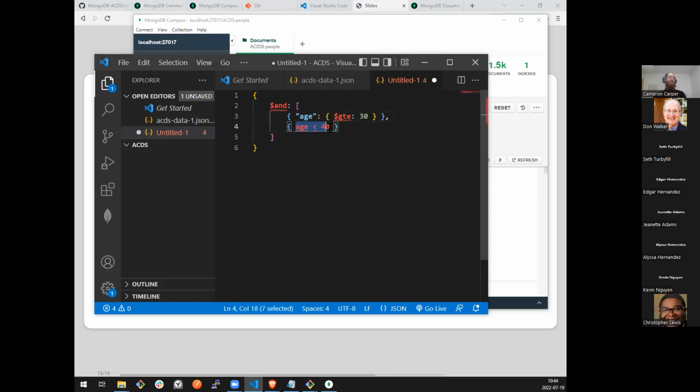And our next one down is basically the same thing, only we're going to do less than or equal to 40. So I need to define that I'm going to be applying this to my age property. Define the object for my comparison operator. And actually, in this case, I will just use less than because I want to get everyone who's in the 30 range. So that includes the age of 30 all the way up to 39, but it does not include 40. We're going to exclude them.